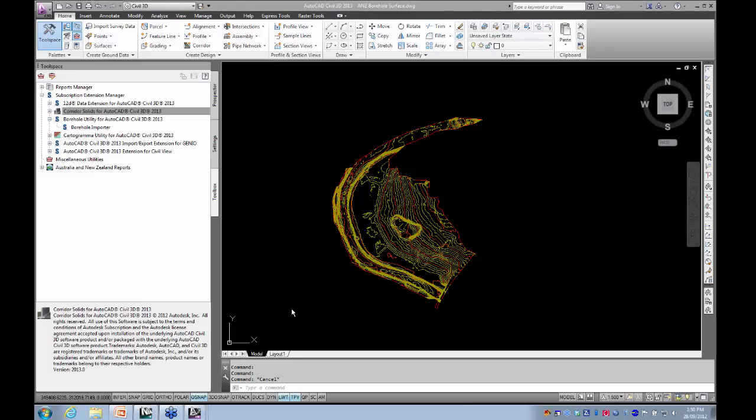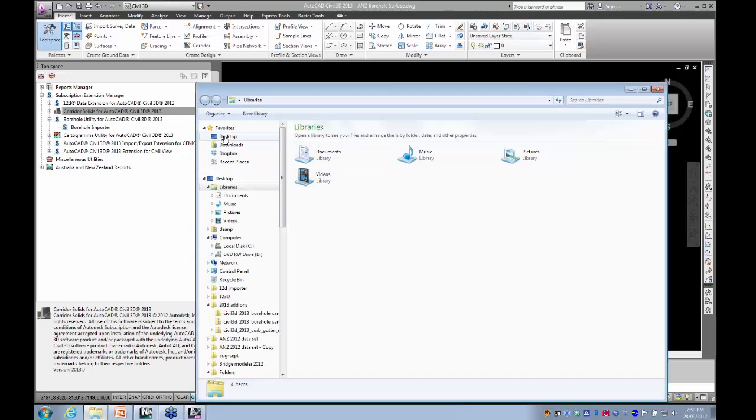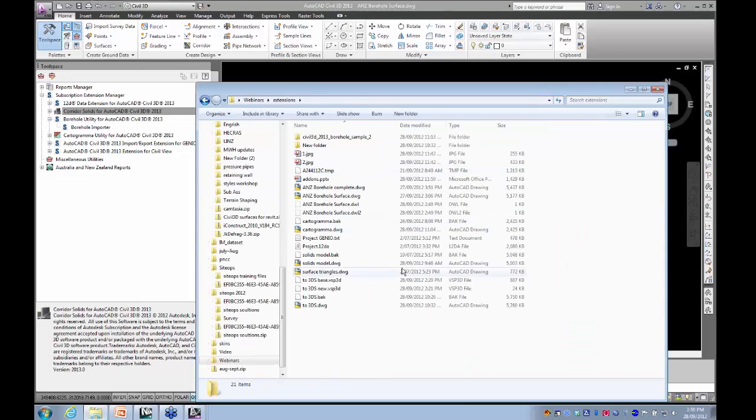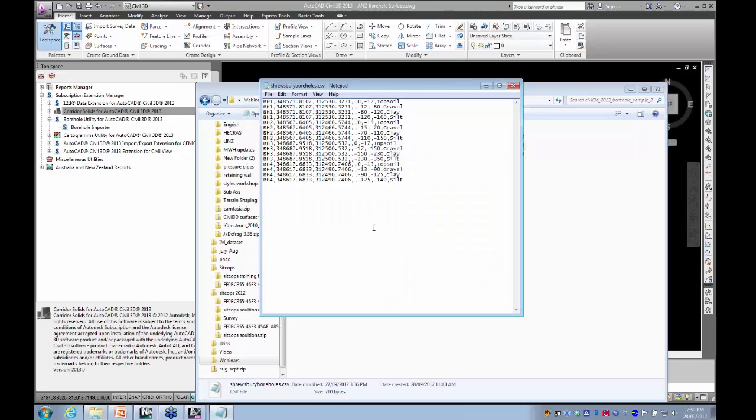Let's actually go and have a look at what that is first. So in here under the desktop, under webinars, extensions, here we go, here's the sample data. Let's go and have a look at the CSV file. This is the type of file it's looking for. It's got a borehole number at the beginning. It's got the